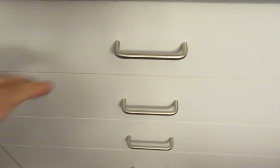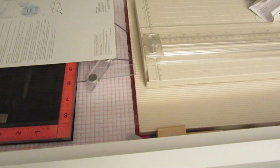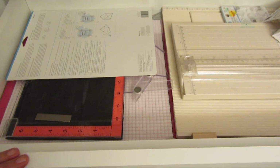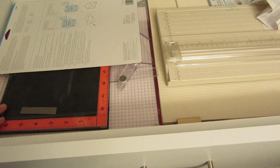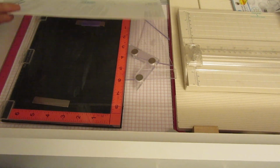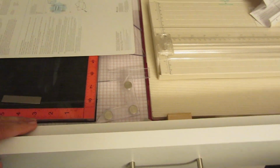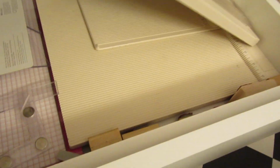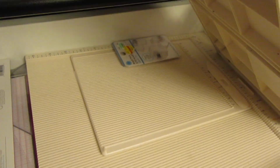Okay, now I'm on the right side over here. And the top drawer over here on the right side would be my two Misti tools. I have the 12-inch, the 12 by 12 or the scrapbooking Misti. And I also have the standard Misti tool with my creative corners from Misti. And then I have my Martha Stewart trimmer and also my mini,